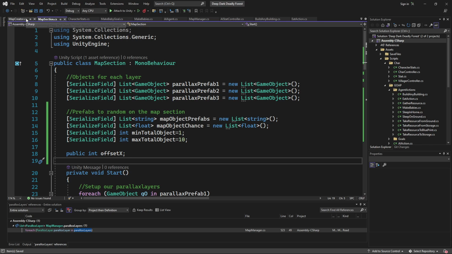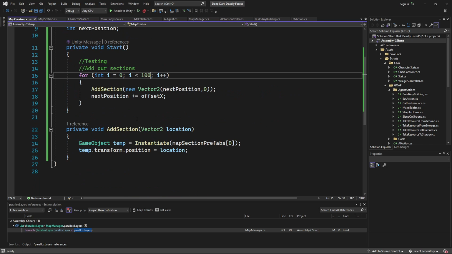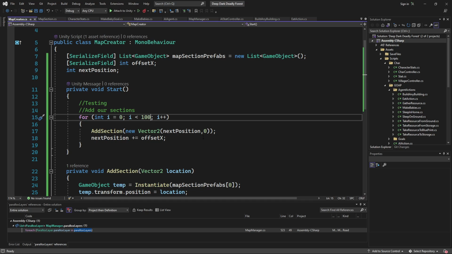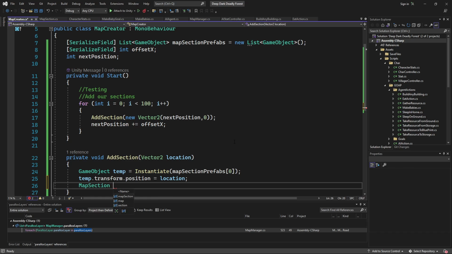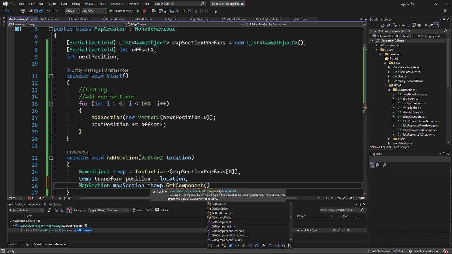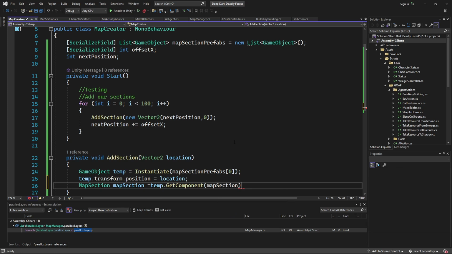All right, so then when we go to our map creator and we're creating these things, we're going to say map section from our temp equals temp get component and get the map section